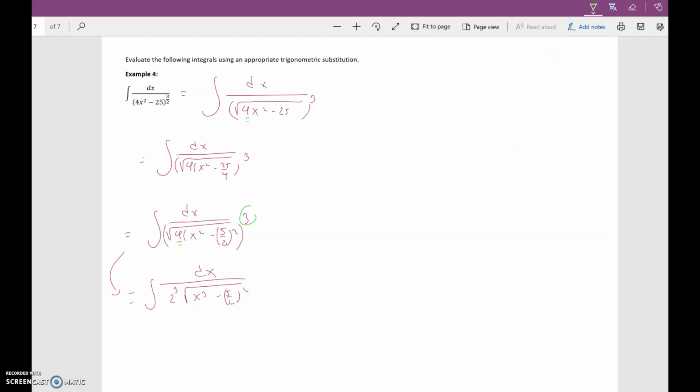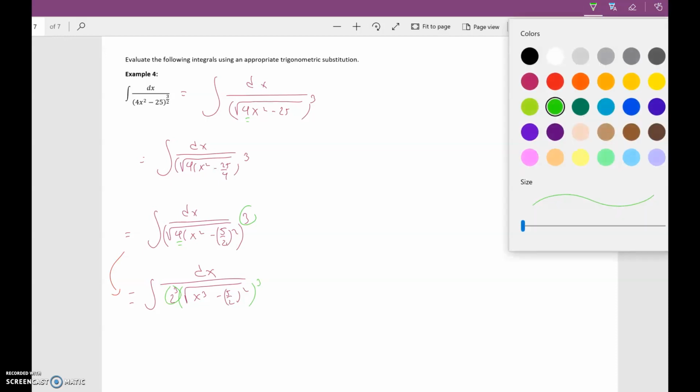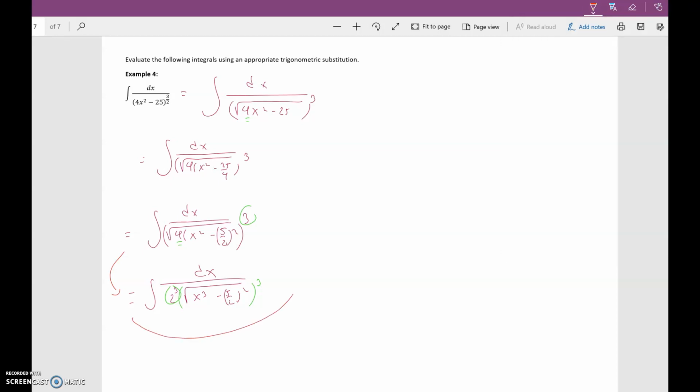And what we can do here is extract the 2 to the third, since this is still to the third power, which is going to be 8, and it's now on the outside. So let me rewrite the integral. So this is equal to 1/8